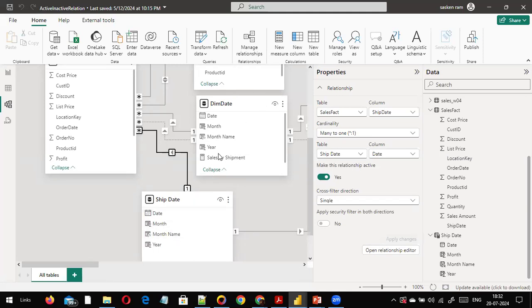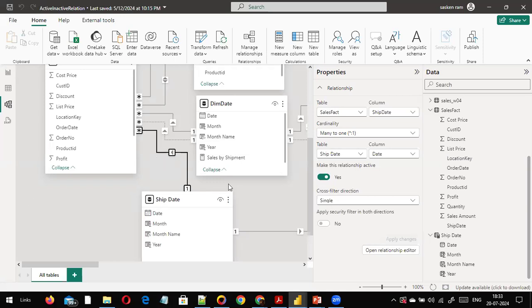The flip side is you are going to have so many tables, which will cause some maintenance overhead. If you have four or five date tables, you may have to have five additional date tables. It will cause some kind of confusion. Better in that case, you can have the inactive relationship created between the tables. But if they ask you how do you overcome the inactive relationship, so one way is